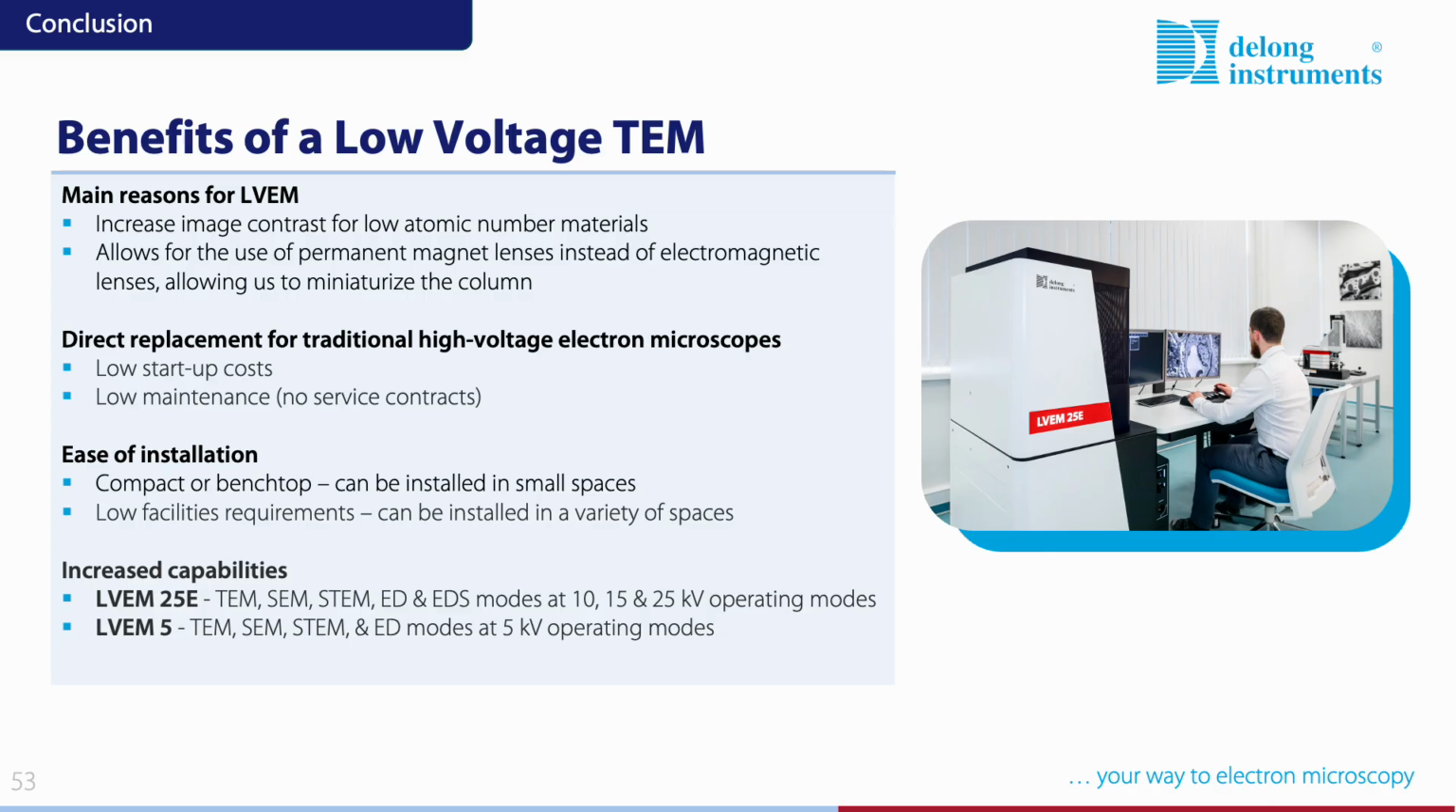Both the benchtop LVM5 and the compact LVM25E can be placed in small labs with minimal facility requirements, allowing electron microscopy to live where the work actually happens. And finally, LVM increases your analytical capabilities. The LVM25E offers TEM, SEM, STEM, diffraction, and EDS at 10, 15, and 25 kV. The LVM5 provides TEM, SEM, STEM, and diffraction modes at 5 kV. Together, these systems deliver high contrast, high resolution imaging in compact, benchtop, and user friendly formats, bringing electron microscopy directly